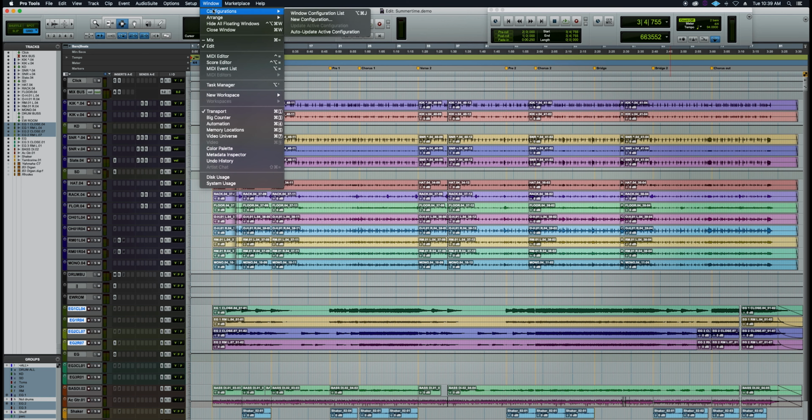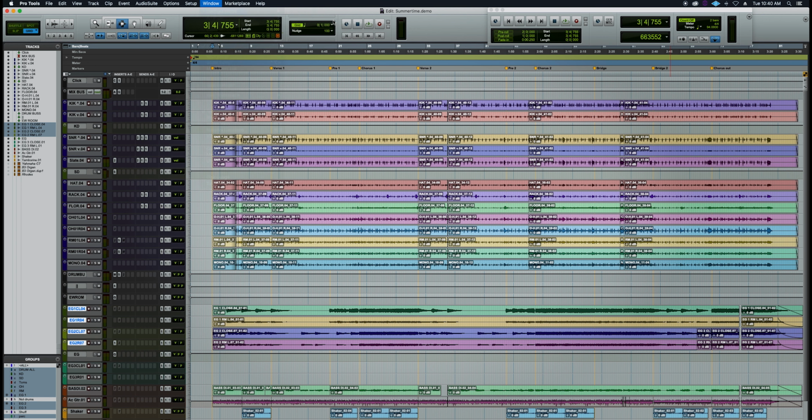All right, so now that everything is aesthetically pleasing to me, this is how I like all of my sessions to look, regardless of the session or the person or the client or whatever it is. I want to open it and have it look like this. And you'll notice the more often that you're working, the less you want to be dilly-dallying with dragging windows and actually recreating this aesthetic. So you can go up to your Windows menu and go to Configurations, hit New Configuration,